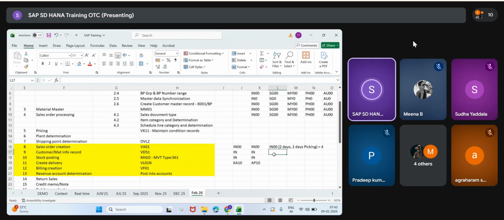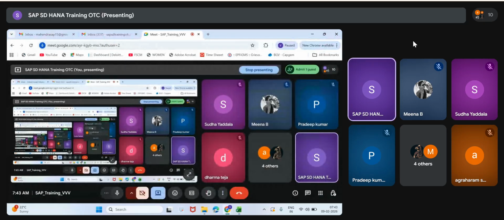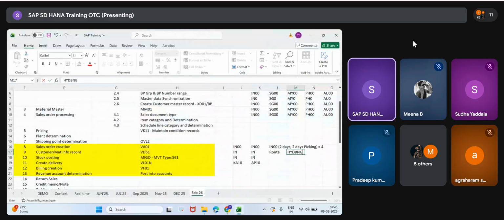Even the route will come. The route will also be there. In the future, we will discuss it. Suppose the route code is Hyderabad to Bangalore, and this code comes in the sales order. The code is nothing but inside the code there are 3 days.